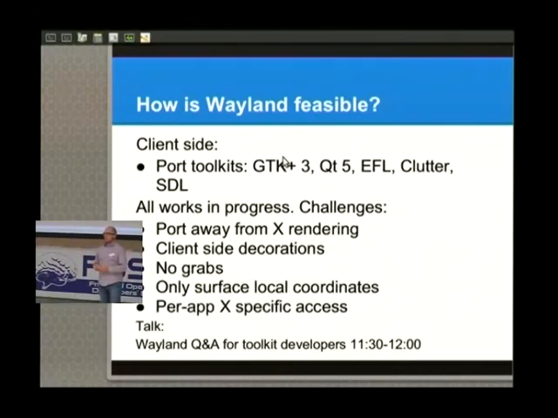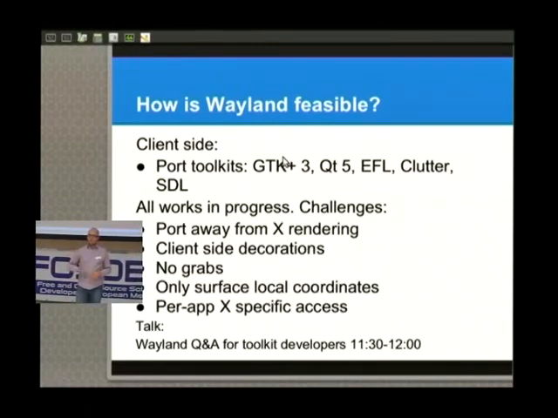So we fix that in Wayland by having the compositor receive the event from the hardware. And because the compositor knows how it transformed or moved the surface around, the compositor also has to know how to find that surface and tell the client what is the location of that click within your surface.